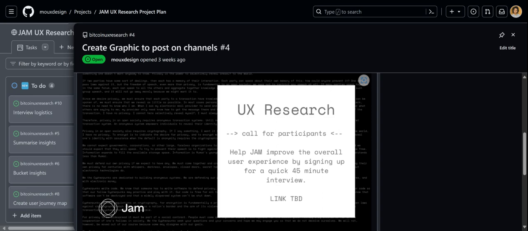But I think there's a balance between making it really easy for people to sign up for an interview, and making it really open source, or anonymized, because maybe some people don't want to give their email. Maybe some people just want to sign up for a slot and show up to a Jitsi link.